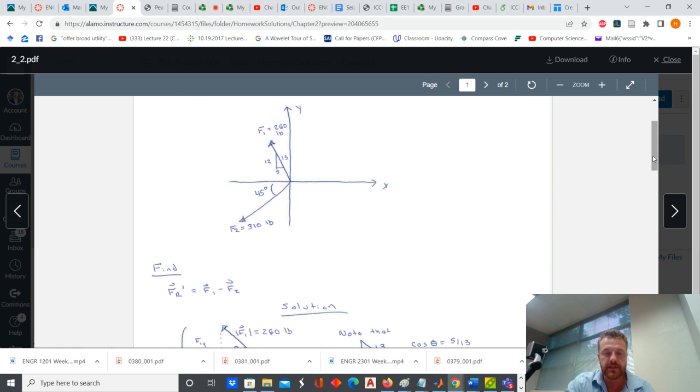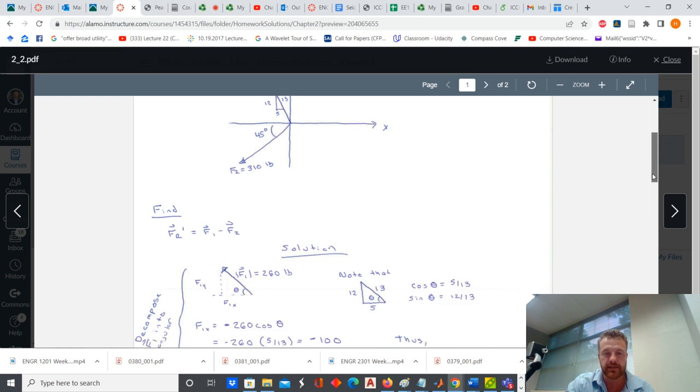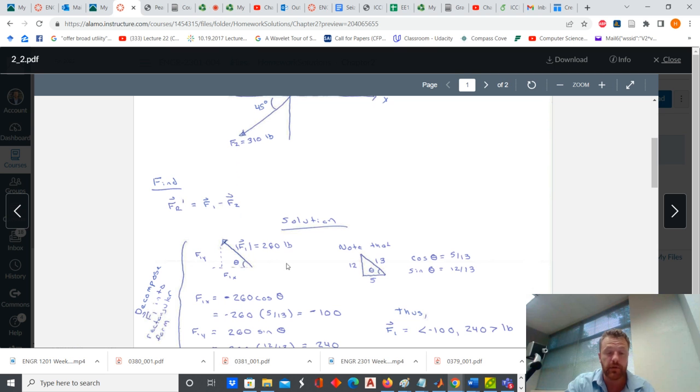So the first step that I'm going to do, since I want to compute the difference of these two vectors, again, remember when you're adding and subtracting vectors, it's very simple if they're actually decomposed into rectangular form. So the question is, how can I decompose F1 into rectangular form? So this isn't an example where we're given an angle. However, we're told that if we were to decompose the force F1 into a force triangle with orthogonal components, an X component and a Y component,